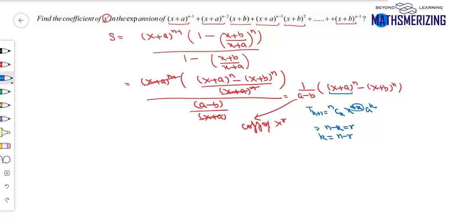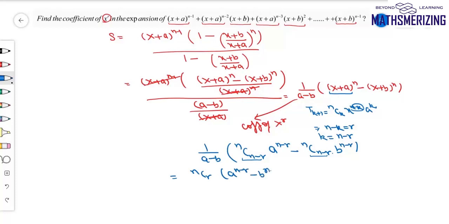So here the coefficient of x^r will be 1 upon (a - b) times C(n, n-r) a^(n-r). In the same way, it will be the same for the second expression, so in place of a, I'll have b there. So I'll write C(n, n-r) b^(n-r). Now I know C(n, n-r) is the same as C(n, r), so I'll take it common. So I'll write C(n, r) times [a^(n-r) - b^(n-r)] upon